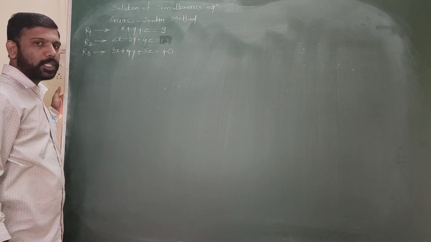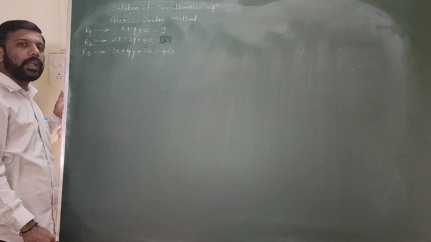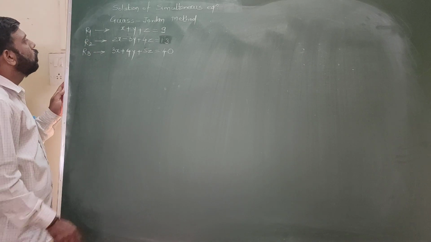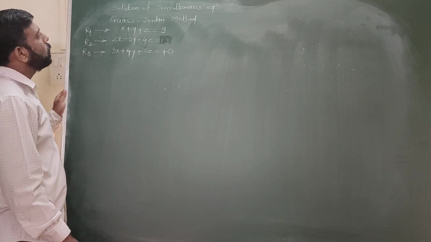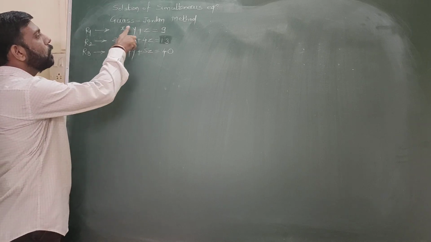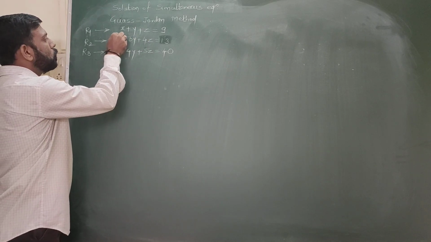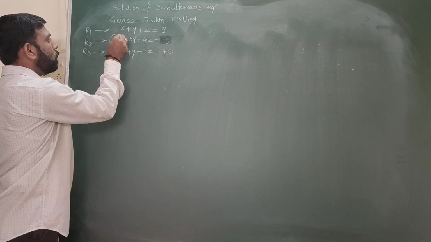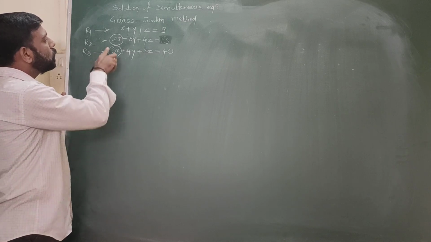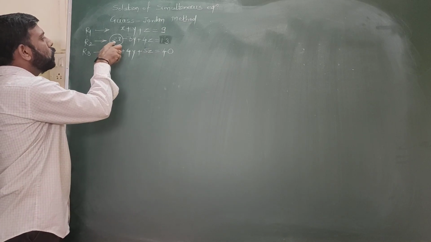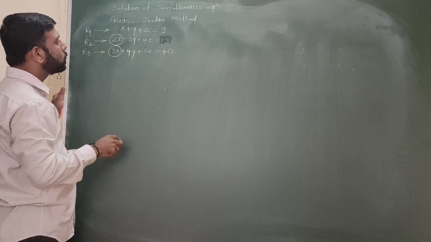While performing operations under the Gauss-Jordan method, we require these notations, which we already know: first row, second row, third row. In the Gauss-Jordan method, we complete the procedure in 3 steps. In the first step, make these two elements 0. This is our step 1. These two elements will be made 0 with this diagonal element.